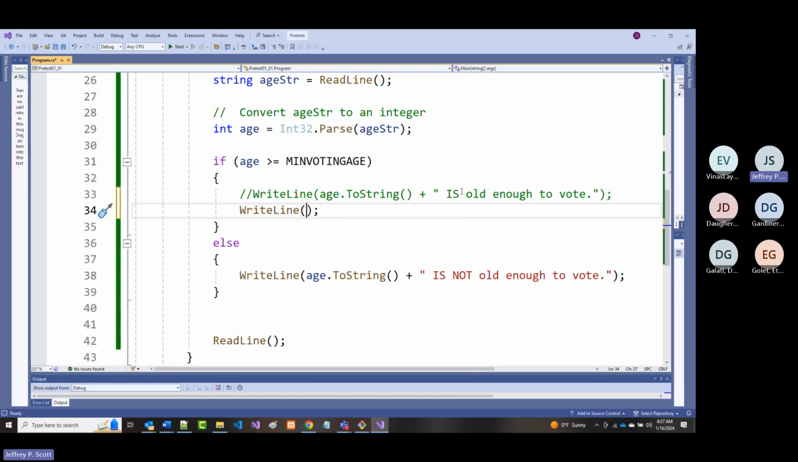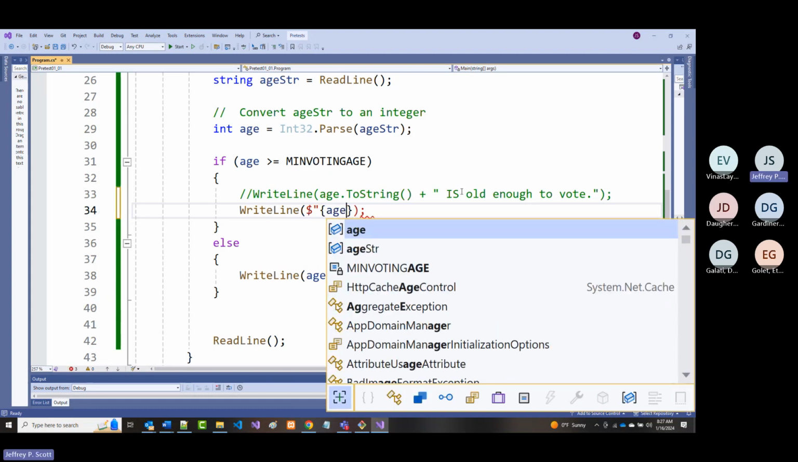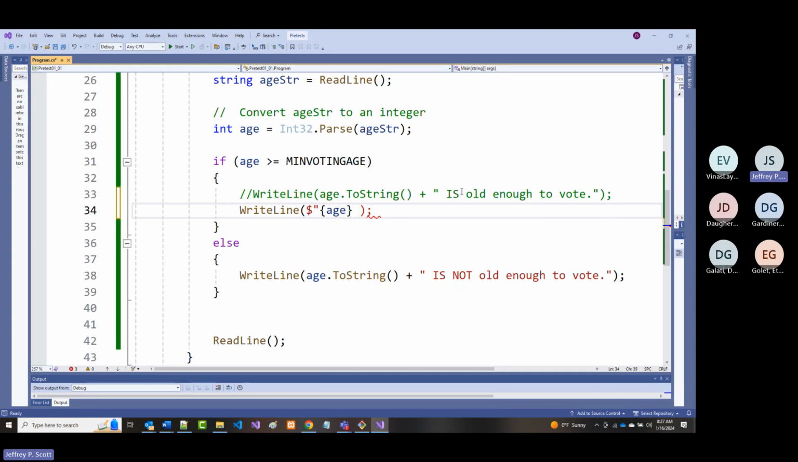But in what I'm going to show you right now, it will be. When you use string interpolation like this, you must start it with a $ sign. Then inside of your double quotes, I'm going to put in here age. Notice it's in curly braces. And I'm going to say is old enough